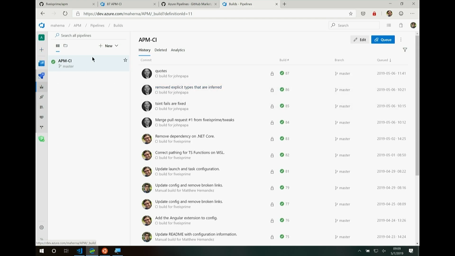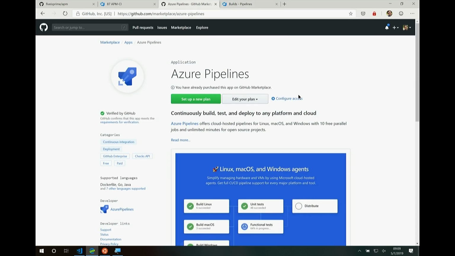All right, so this is what I have set up right now. I have a single build pipeline and a single release pipeline. I'm not going to go through the complete steps of putting these pieces together, only because we have about 20 minutes left, and it's probably about 15 of that. But I will show you this. If you're in GitHub and you want to get your GitHub repo set up for CI/CD with Azure Pipelines, you can go to